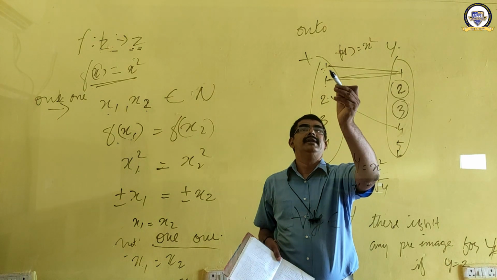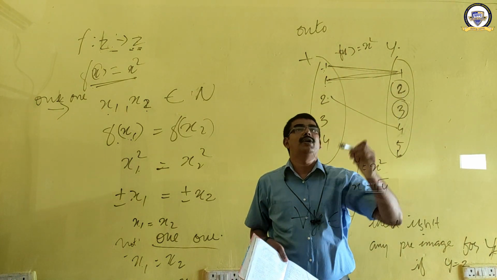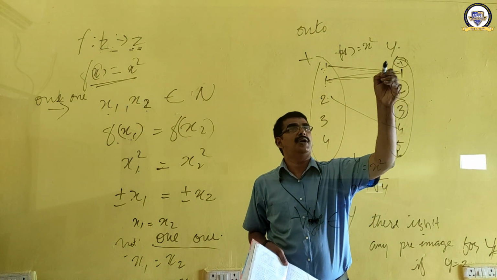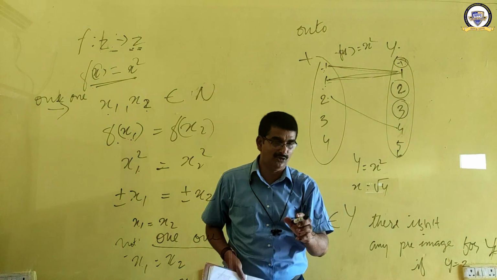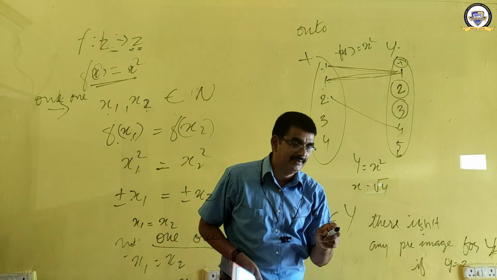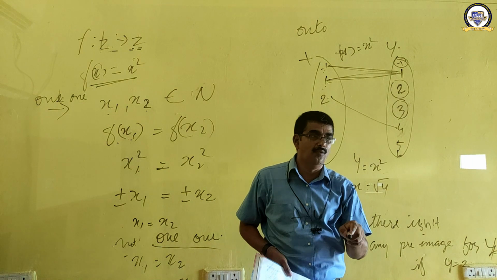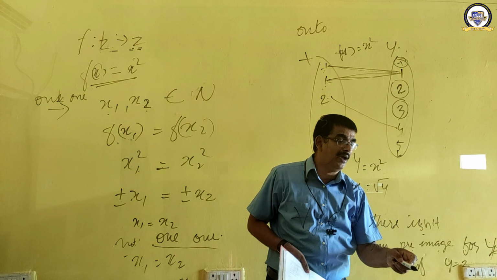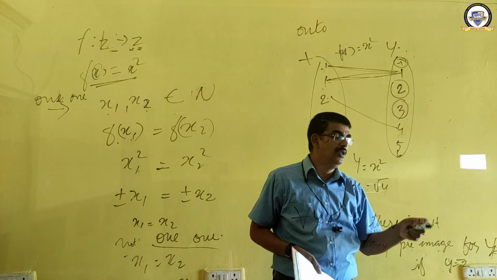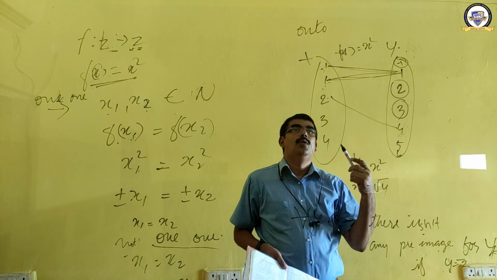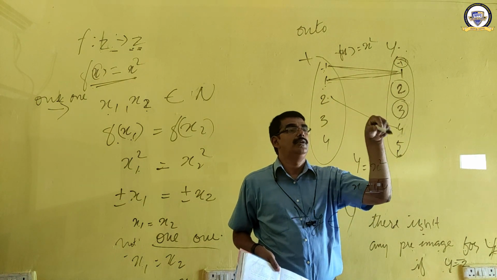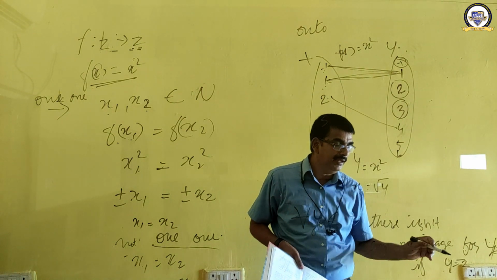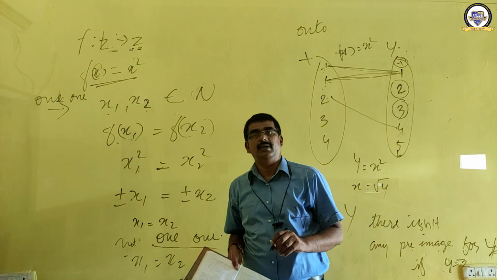Similarly, next here negative 1 and positive 1, we are getting the same image. Here also the integer negative 1, for this negative 1, there isn't any pre-image over here. So what will we write? For y belongs to the set y, there isn't any pre-image for particular y if y is equal to minus 2 or y is equal to minus 1. Always the positive integers will be the images for the domain. That is why it is not an onto function. Are you clear?